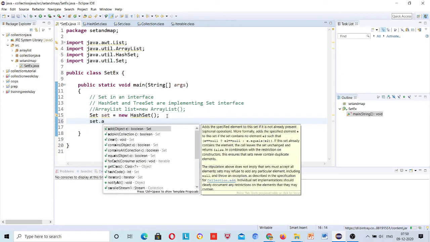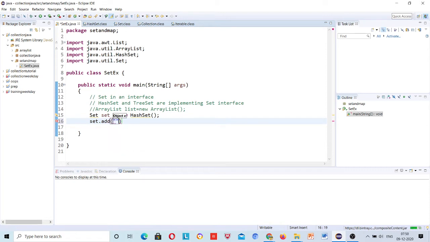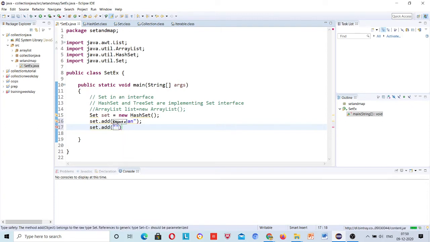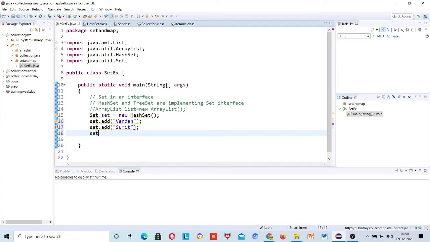set.add, and of course set will also take an Object, you can see here. Suppose I add Vandan, then set.add, suppose Sumit, then set.add 101, set.add 102.